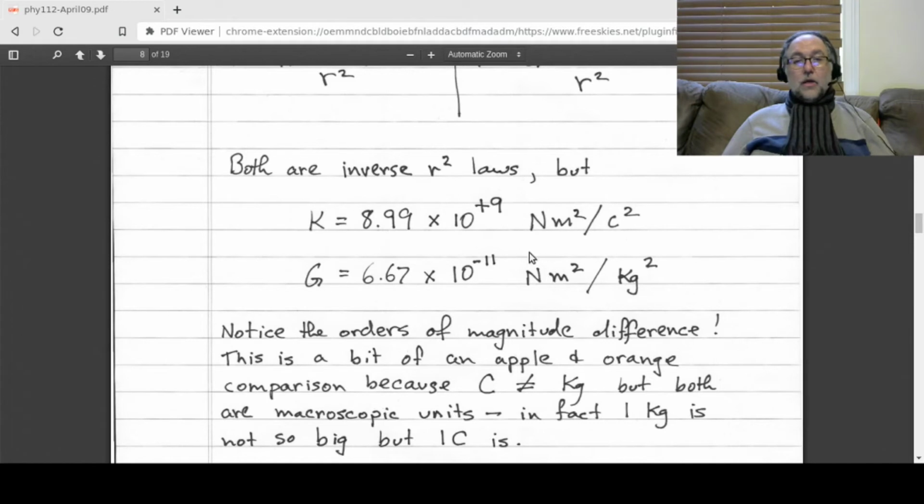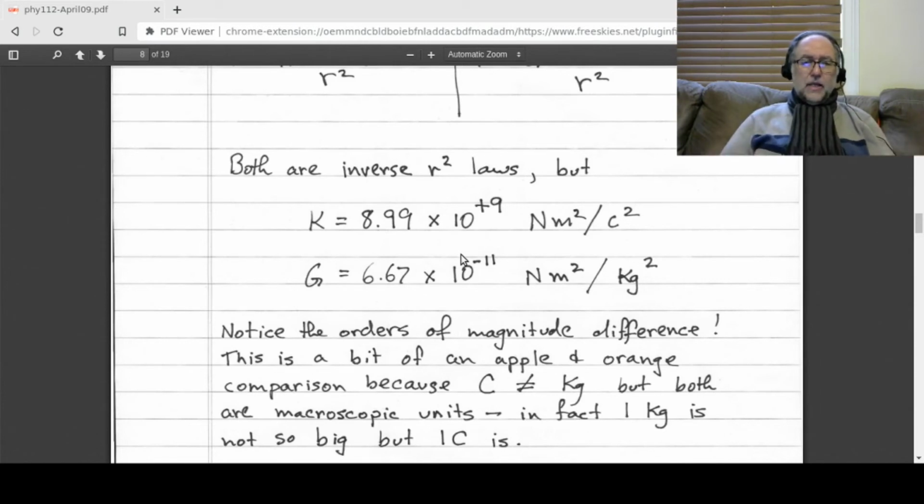Okay, now this one, Coulomb's constant, is much bigger than Newton's gravitational constant by many orders of magnitude. Like this is plus 9 and that's negative 11. So this is a very tiny number and that's a very big number. It is a bit of comparing apples and oranges, because how big is a Coulomb versus how